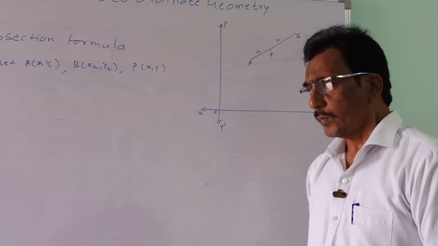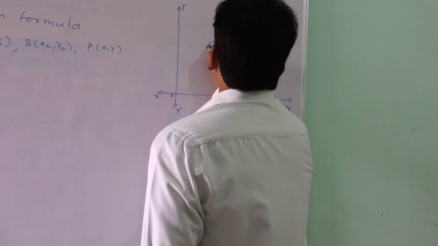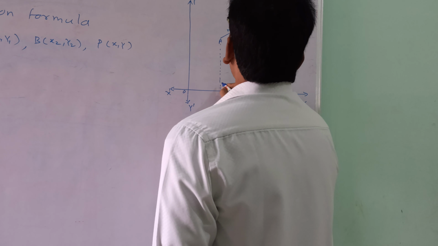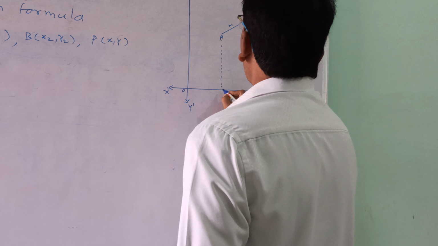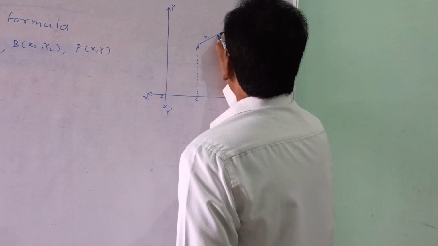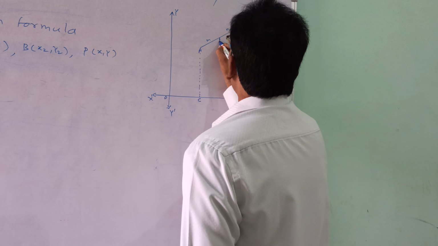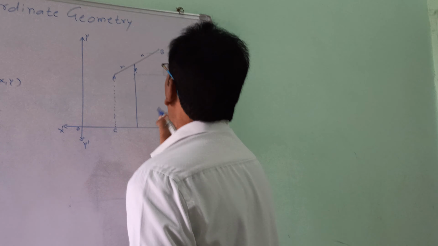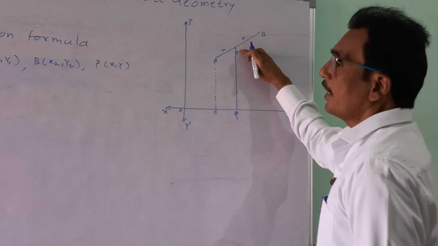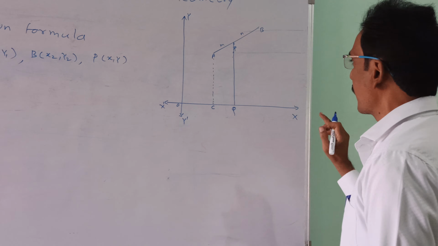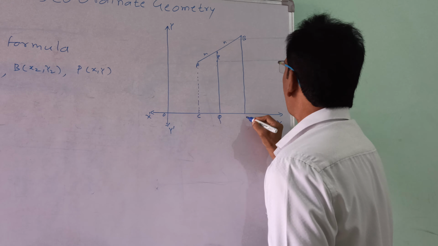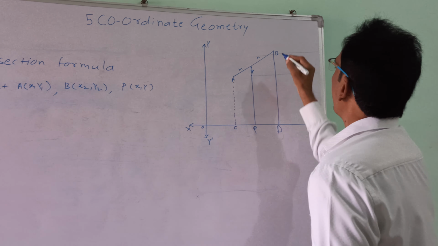Now draw this line perpendicular to the y axis. Draw line AC perpendicular to the x axis. Again draw this perpendicular line from point P, that is PQ, line segment PQ perpendicular to the x axis, and BD, draw this line segment BD perpendicular to